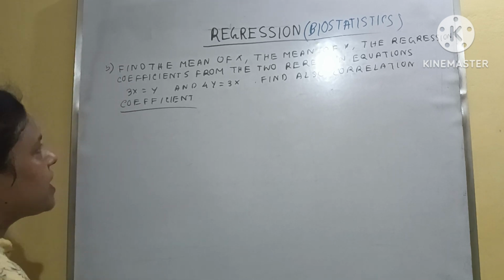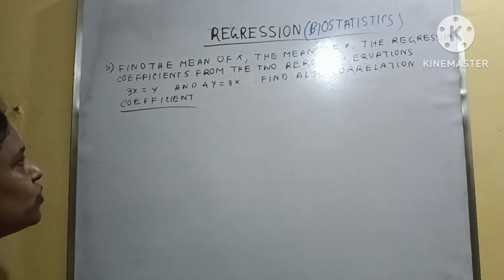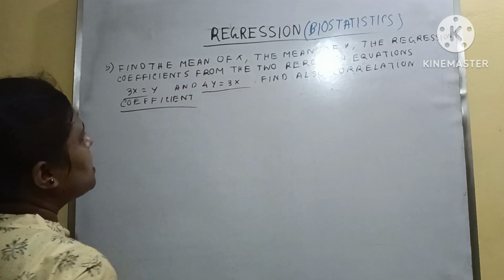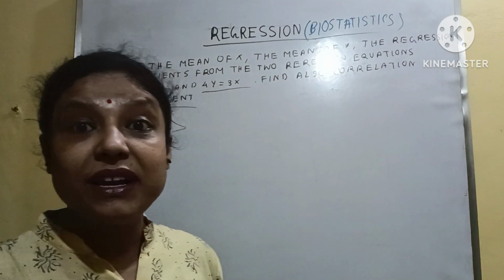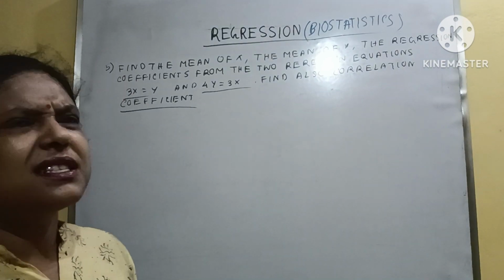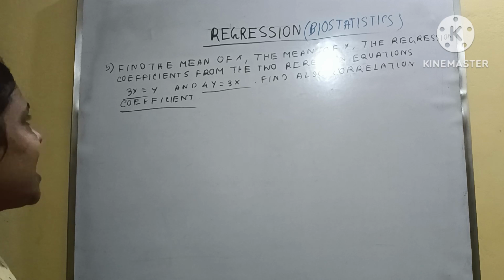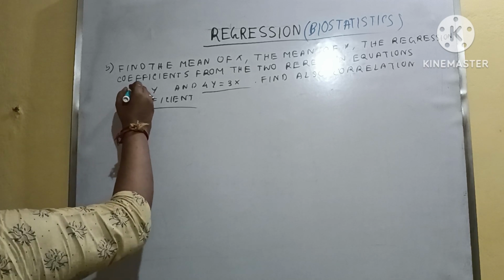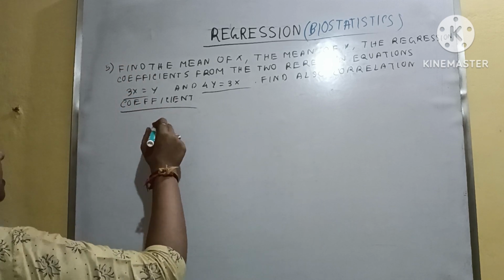Find the mean of x, the mean of y, and the regression coefficients from the two regression equations. Okay, here the regression equations are given. You have learned simultaneous equations in class 9, I think. So this is the actual method by which first we have to calculate the x value and the y value. And how is it possible? You just see that